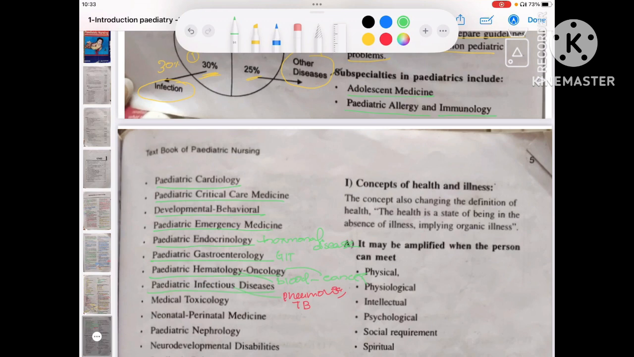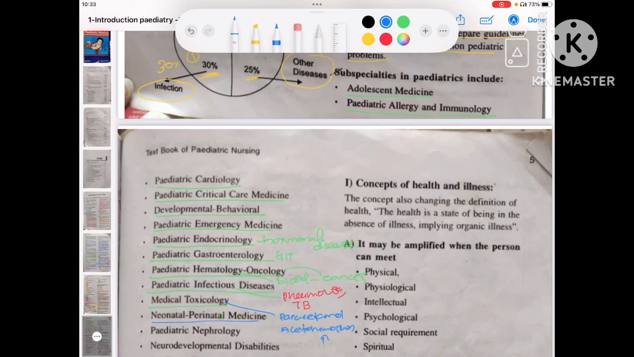And medical toxicology. What is medical toxicology? It is nothing but the children having taken too much medicine. So it may be like acetaminophen, paracetamol, right? Paracetamol, its chemical name is acetaminophen. So excessive acetaminophen will lead to toxicity. Then